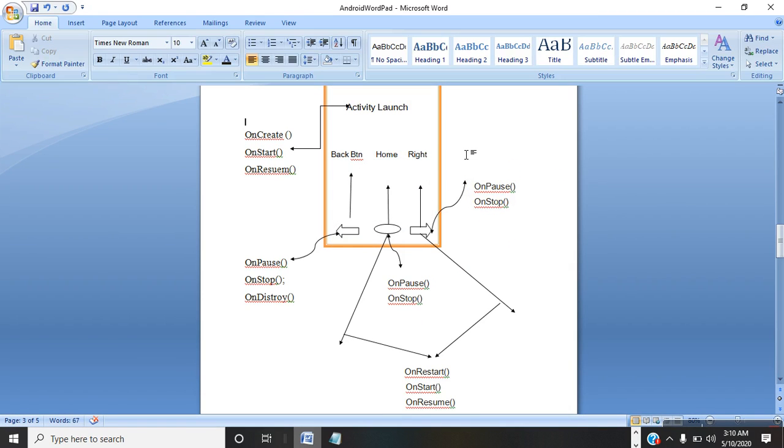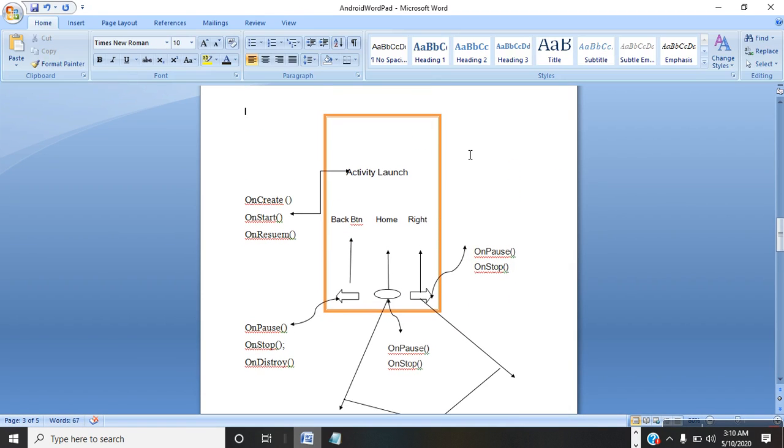So here we go, guys. This is a diagram of activity. So let's understand one time again. Whenever an activity launches, there are three methods internally in any Android smartphone device, in the background process. The three methods are onCreate, onStart, onResume. Whenever an Android activity launches,